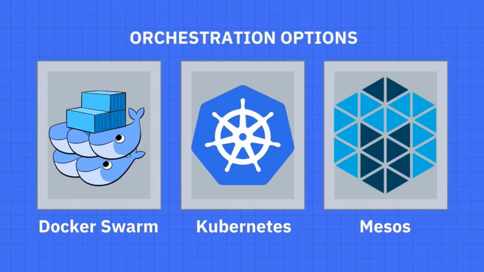Moving ahead to the next point, and that is the different options for orchestration tools. On the left hand side, we have Docker Swarm. This is the default application provided by the Docker team for container orchestration. Docker Swarm is quite easy to use and understand, but it is limited in functionality. Whereas on the other hand, we have Apache Mesos, which is really tough to get up and running, but it has a lot of features. At the sweet spot, and what is mostly used in the industry, we have Kubernetes.